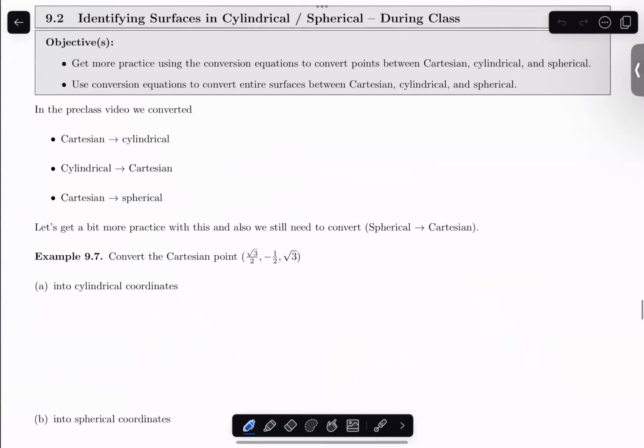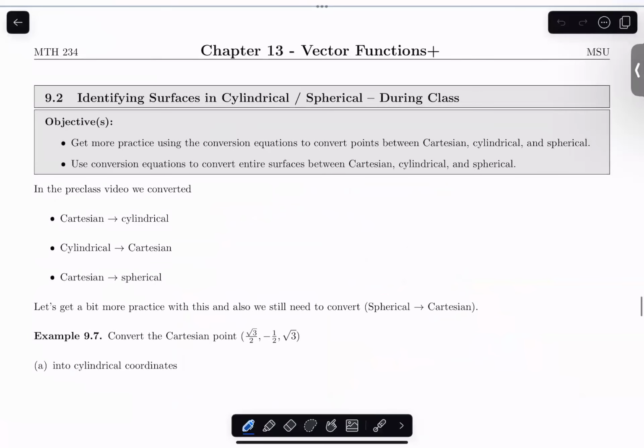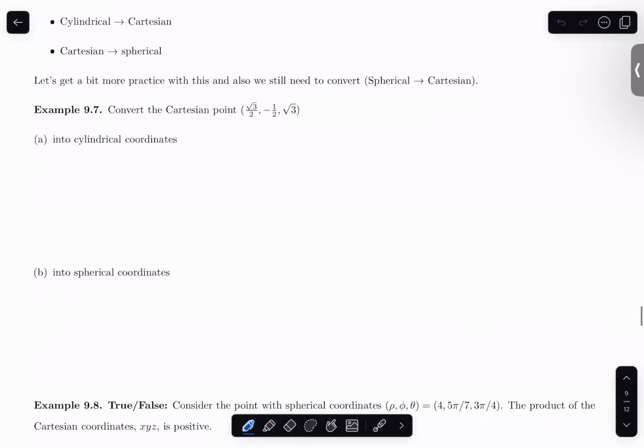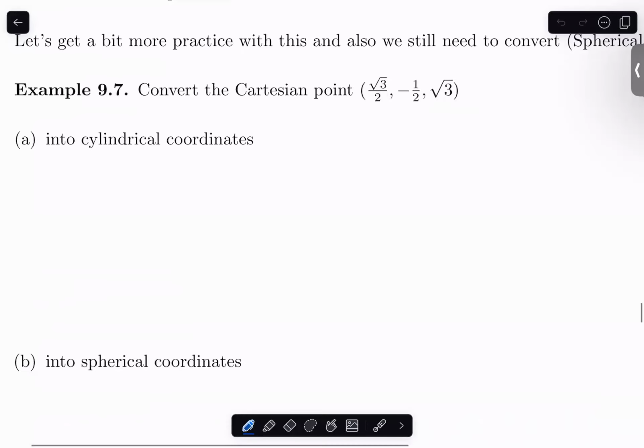So let's see this one here. So yeah, in the pre-class stuff, again, we converted from Cartesian to cylindrical to Cartesian, back and forth. We also did Cartesian to spherical. So we're going to get a little bit more practice. And this time I'd like to convert spherical into Cartesian and vice versa. So why don't we go ahead and start with this Cartesian point. And I would like to convert it first into cylindrical and then into spherical, just kind of as a nice review here. So again, for Cartesian, these are,